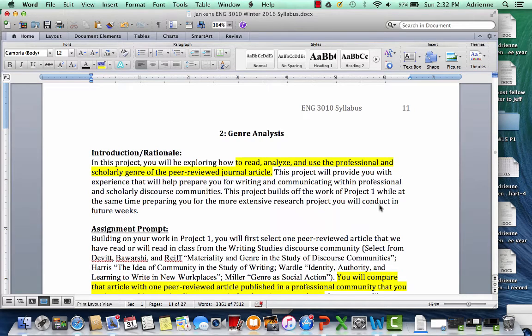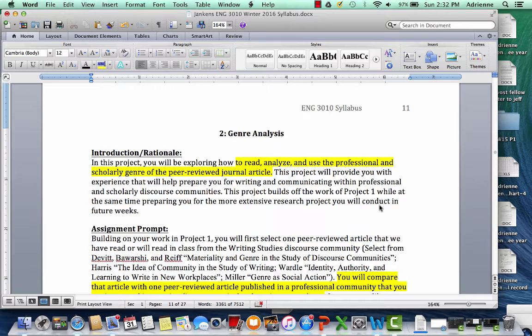When you prepare to work on a new project, even if you've already read the project description, it's a good idea to take a few minutes to go back through with a pen or a highlighter and hit some of the major points that you want to keep in mind as you're working on the project. I probably haven't highlighted everything that you would want to highlight in this text, but I'll give you a few things that I would pay special attention to as I'm getting ready to write the genre analysis.